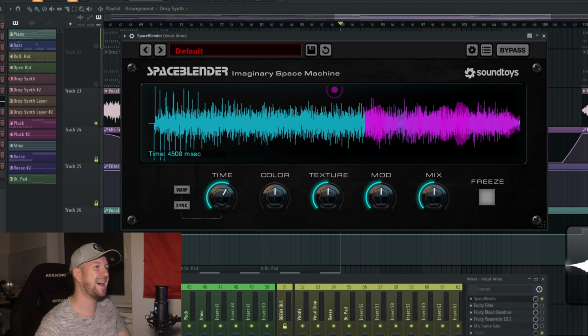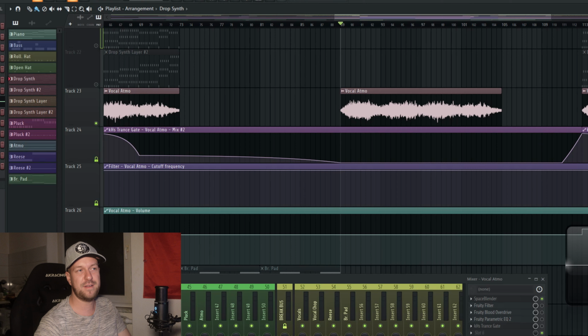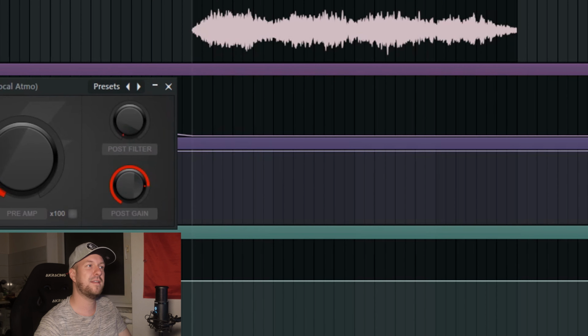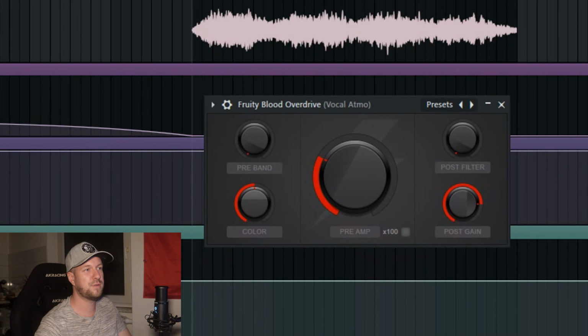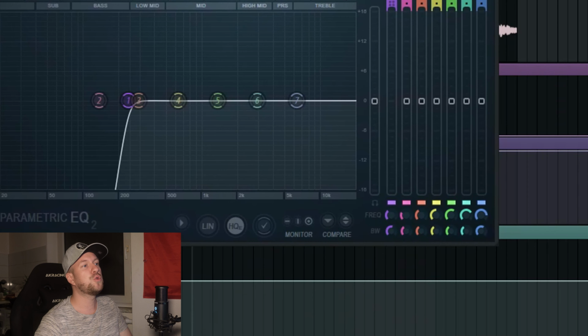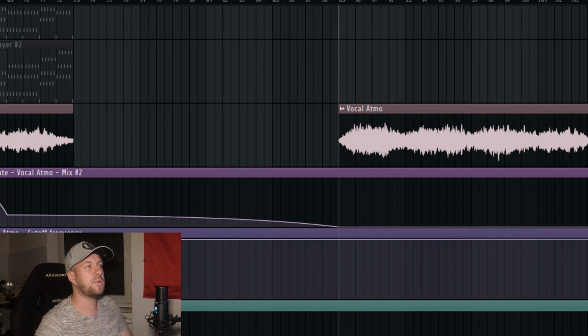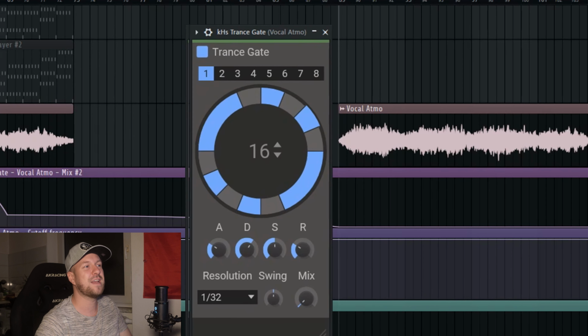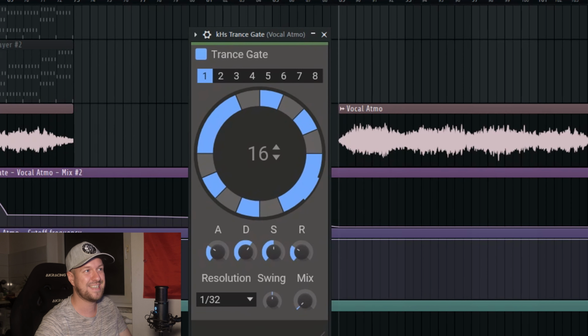Isn't that beautiful? I love this one. So this is the first major element on this vocal Atmo. Then you probably knew this would come. We also add more saturation, EQ to cut the low frequencies, and the most important piece of effects on the sound, Trance gate. So it's some kind of stutter effect, and when we automate the output of this plugin, we